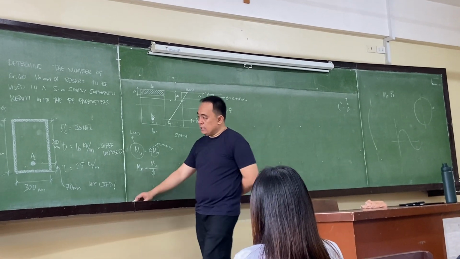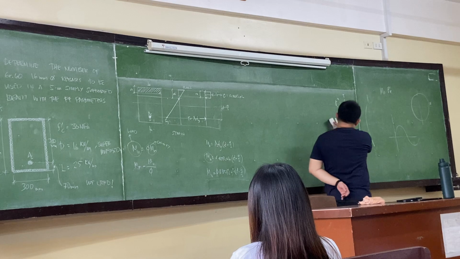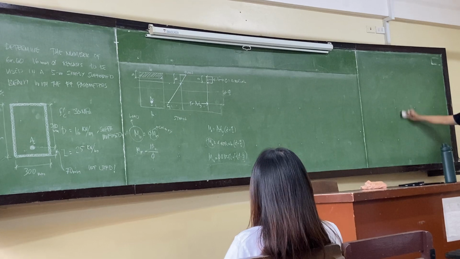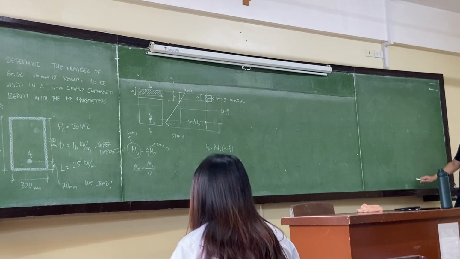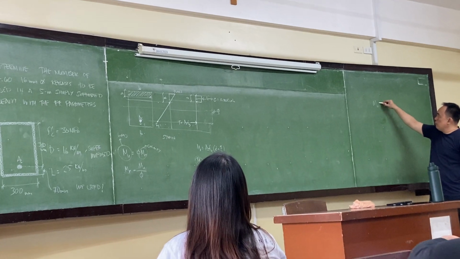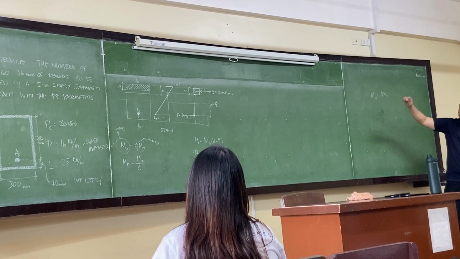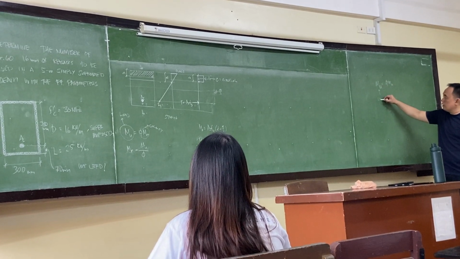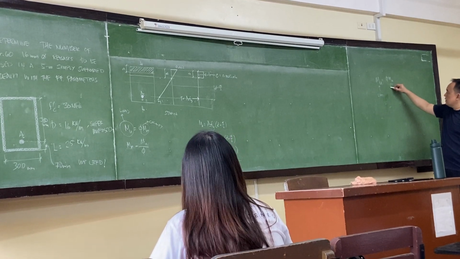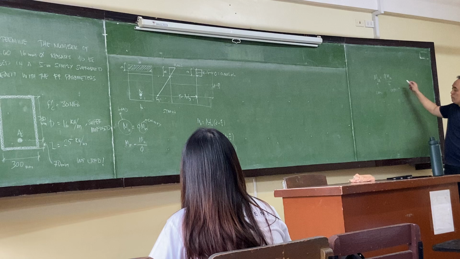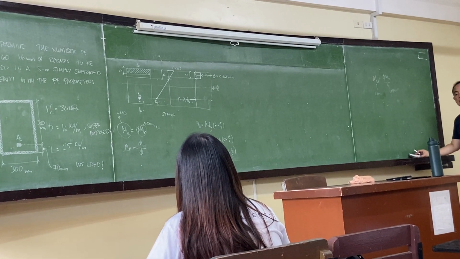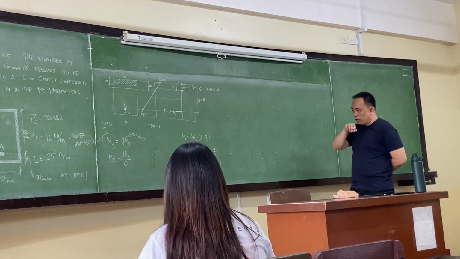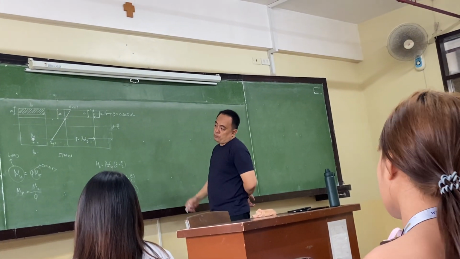Mu comes from the load. Be careful with the notation in your solution so you won't be confused about which one is Mu. But basically, when we write it this way, Mu equals phi Mn, the default understanding is that this one is from the loading, and then this entire thing here is from the capacity of your beam. Okay. So let's try to solve for our Mu.